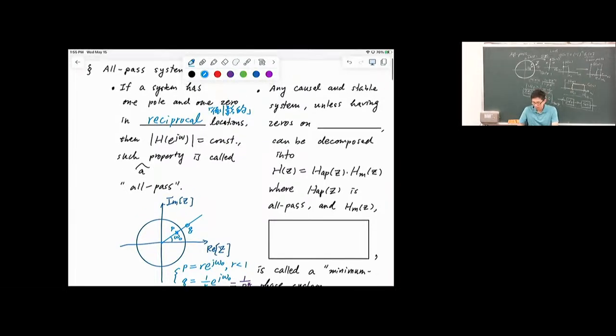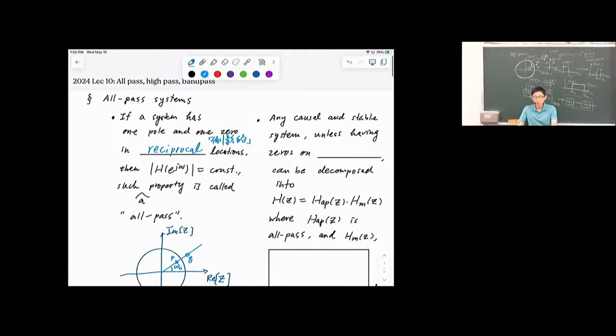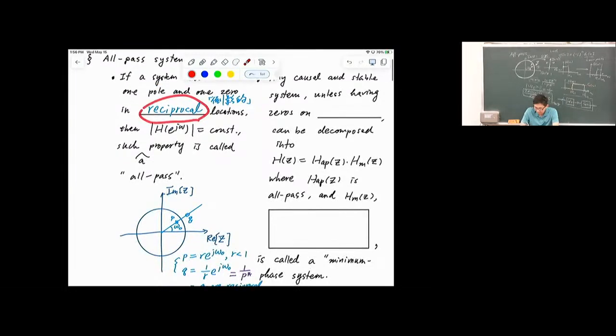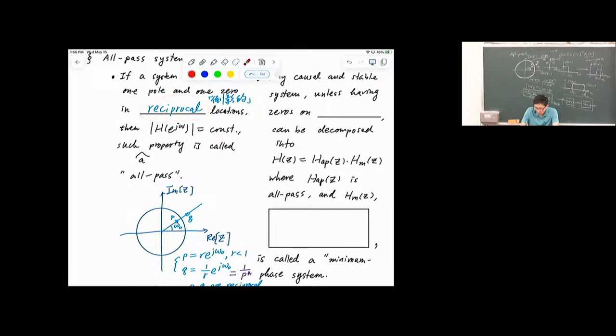If you go back to the top of the handout, let's summarize what we have learned. If a system has one pole and one zero in reciprocal locations, 1/r for p and 1 over r for q,